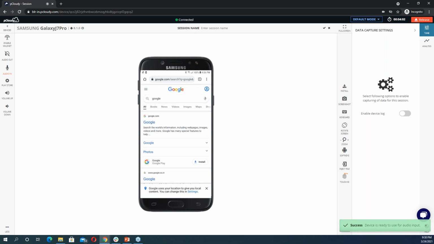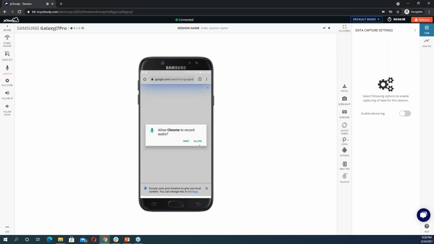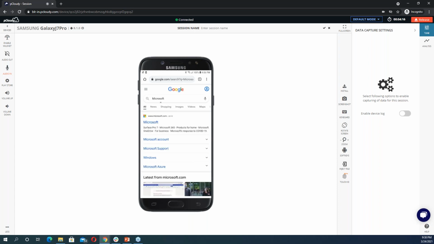If I click on this and prompt, for example, Microsoft, you can see now it has taken Microsoft, it has taken my audio command, and it started showing me the corresponding results to that. If I simply go to maybe audio out, for example, and I say